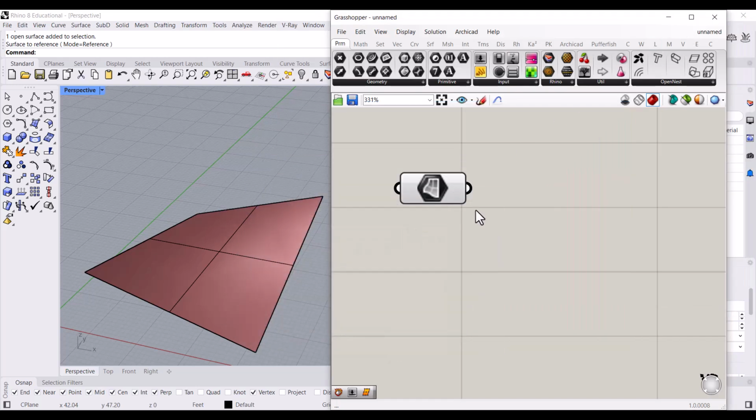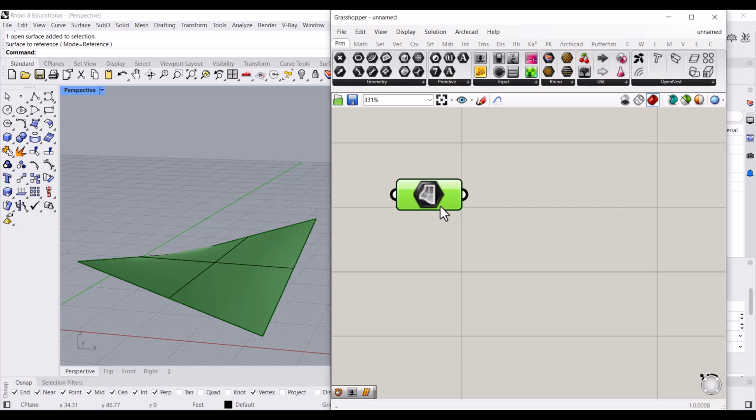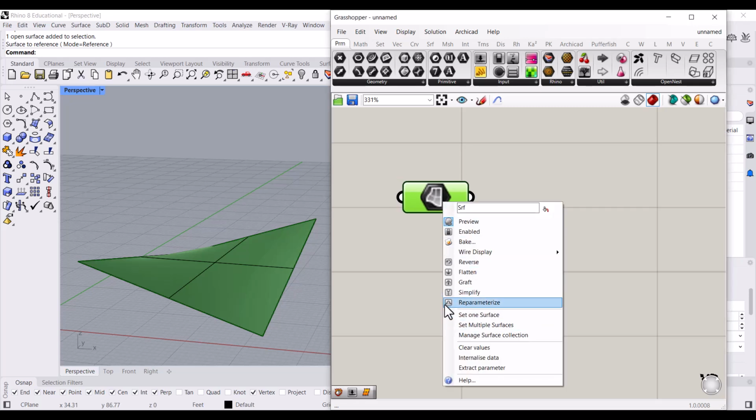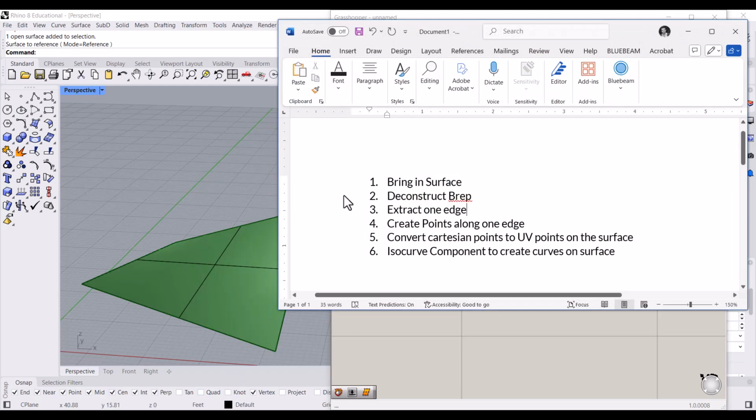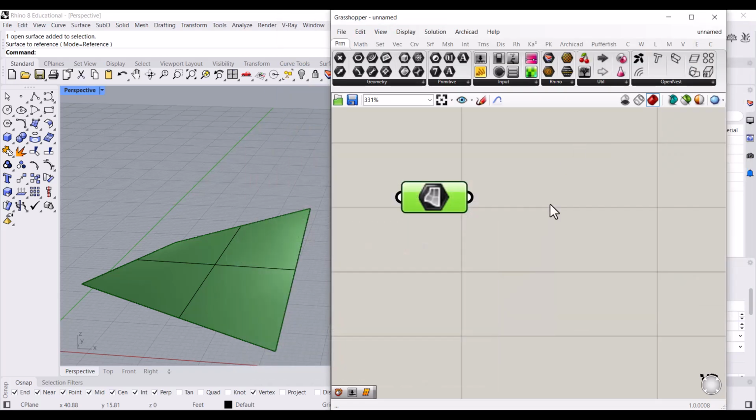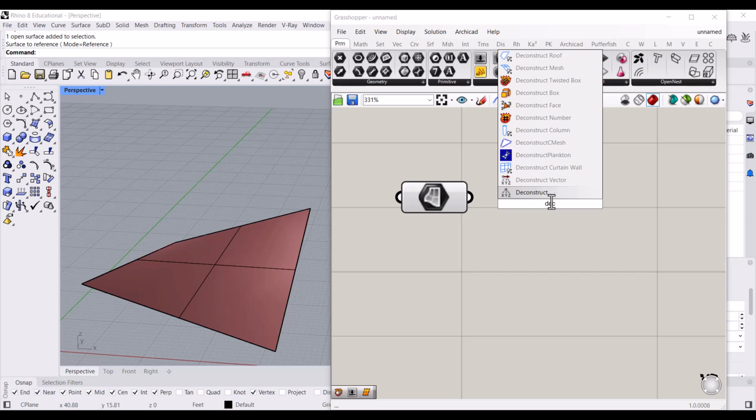I'll minimize that. So the first step we've already done. We've brought the surface into Grasshopper. We right-clicked, we hit set one surface. It's now associated. I'm going to now deconstruct this surface. Again, following our roadmap, deconstruct BREP. So if I double-click and I just start typing,